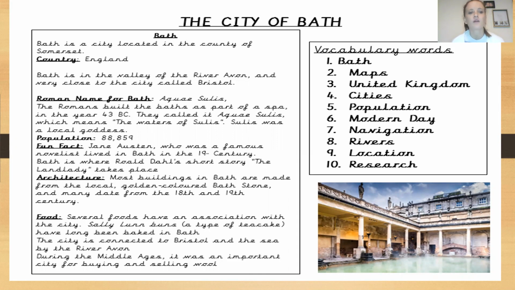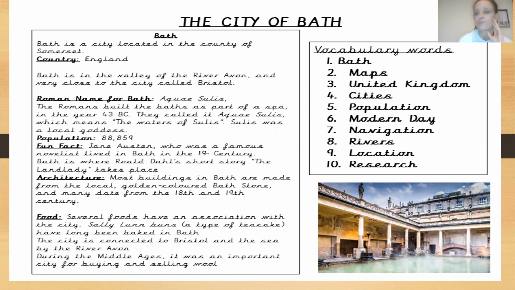The Roman name for Bath was Aquae Sulis. The Romans built the baths as part of a spa in the year 43 BC. They called it Aquae Sulis, which means the waters of Sulis, and Sulis was the local goddess. Bath has a population of